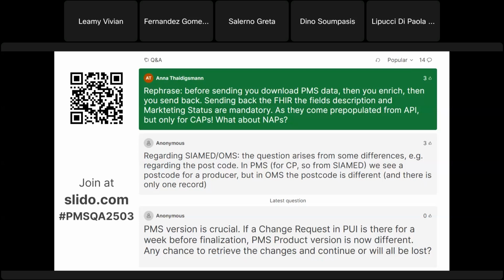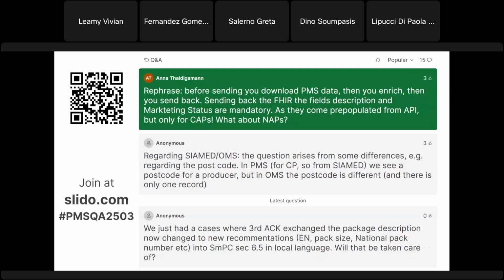At the beginning, when we went live, we could see data from CAPS because a link between IRIS and PMS, PUI, not even API, was wrongly put in place. But we have decided to stop that because it doesn't follow the process that we had defined in PMS chapter 2. So if you submit this information, you won't see them reflected in PMS, PUI, nor in